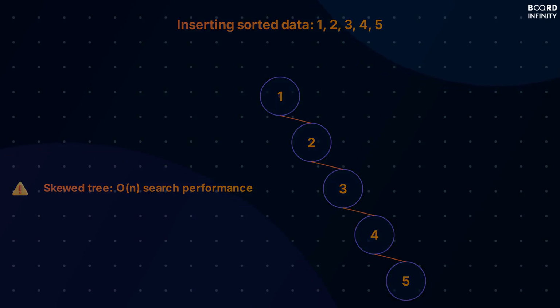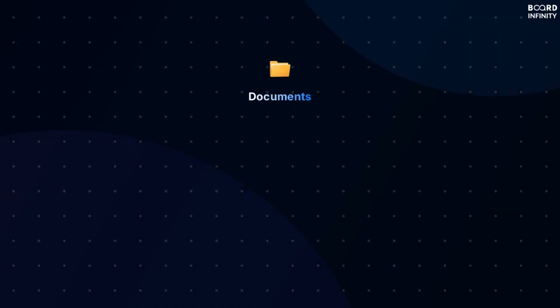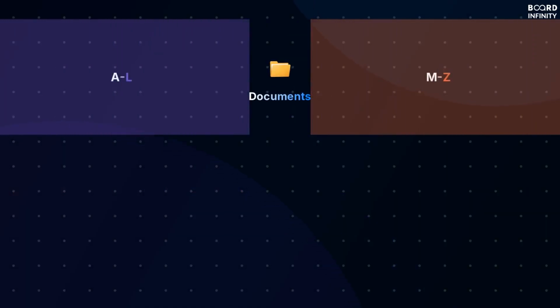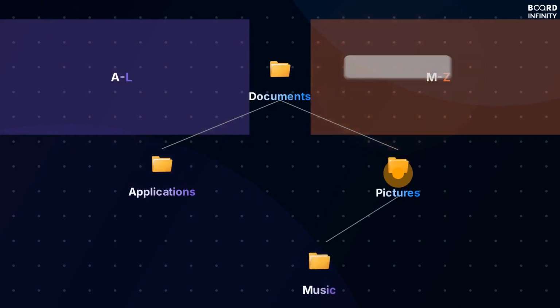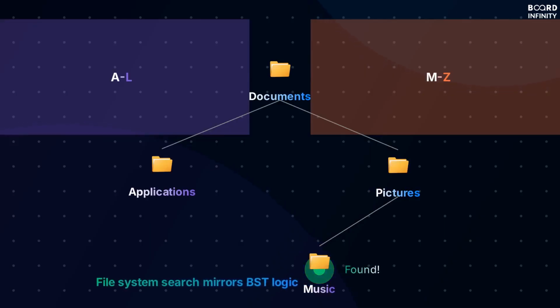This concept of ordered branching isn't just theoretical. Many real-world systems use similar logic to efficiently manage and retrieve data. Consider a file system, where files and folders are organized hierarchically. When you search for a file, like music, the system navigates through folders by comparing names alphabetically, just like a binary search tree. This hierarchical organization ensures that even with thousands of files, you can locate what you need quickly